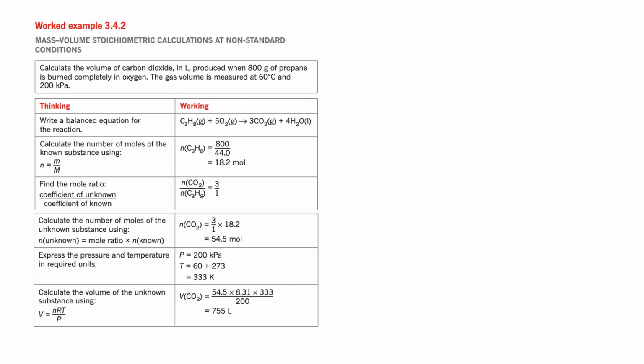This time we're going to do non-standard conditions, so we're looking at the PV equals nRT arrangement. Okay, so again the question is being nice, it's giving us propane. We know the combustion of propane equation pretty well by now. Then we've been told we have 800 grams of propane, so this is the mass of propane. So we're going to take 800 divided by 44, gives us the number of mole of propane. Our mole ratio is 3/1 as it was in the previous examples. And then this time we're going to multiply by 18.2, giving us a total of 54.5 mole of CO2 being